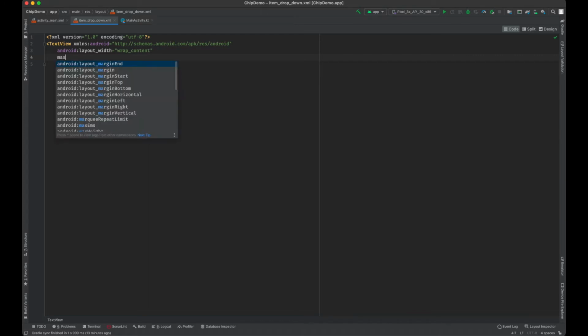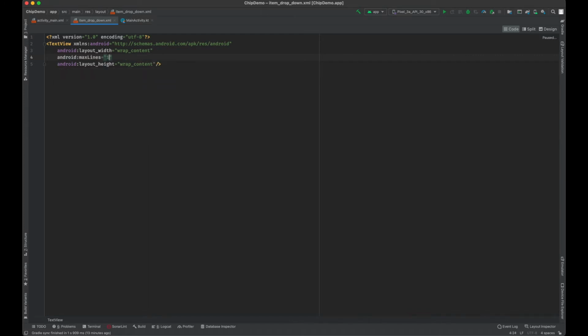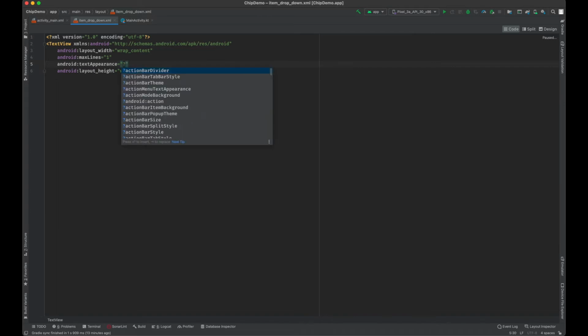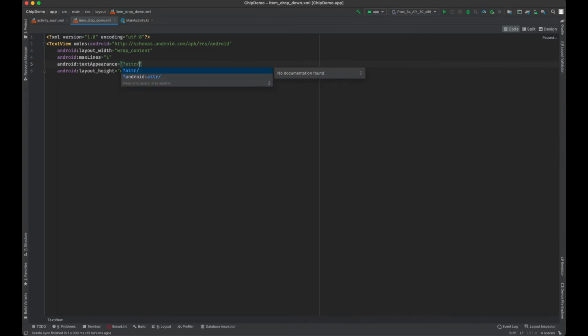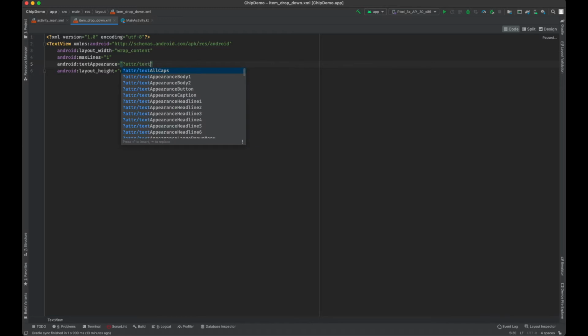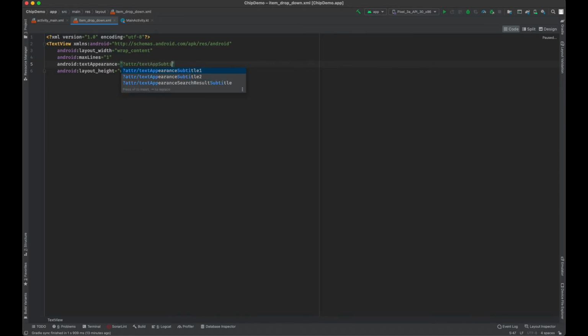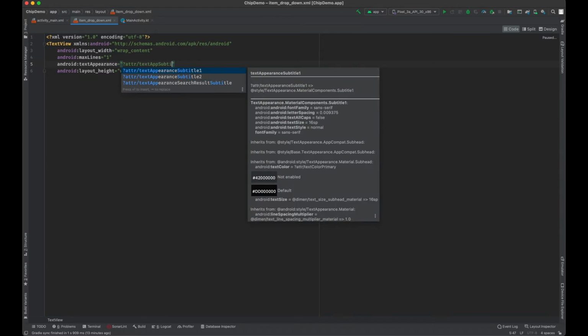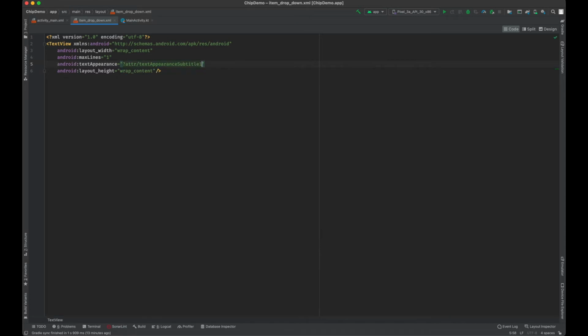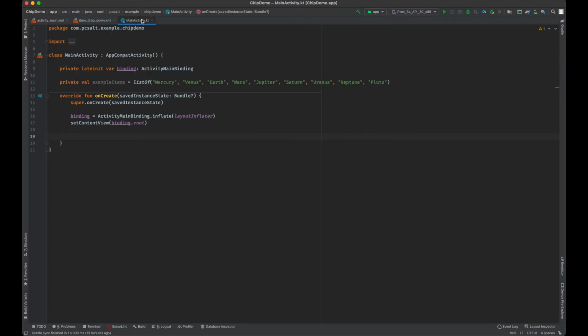Now let's put max lines to 1, so that it will be displayed in one line only. And let's put the style to subtitle 1, so that the text will be bigger, and it will look like a list item thing. So the list item is ready.